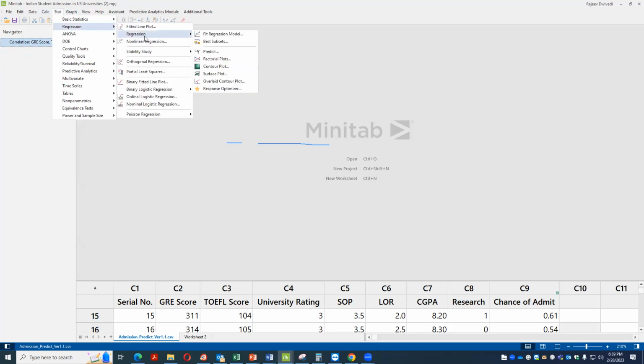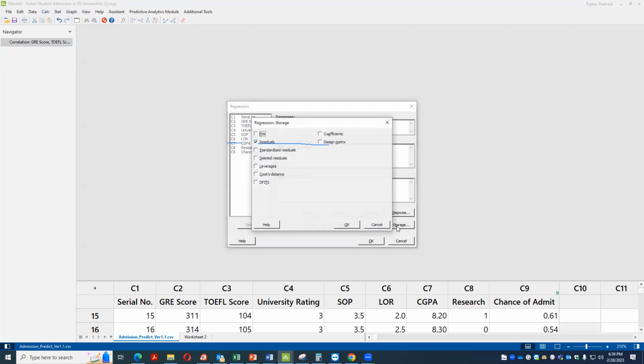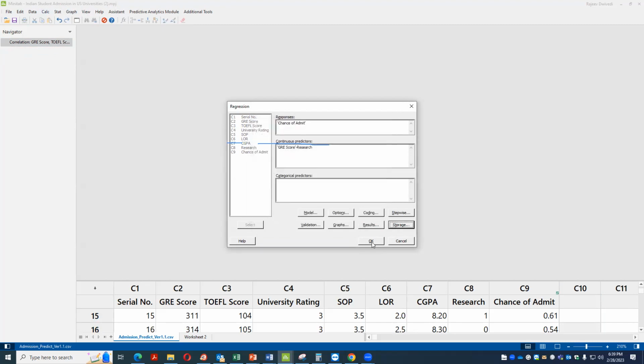Statistics, regression, fit regression model. And let me do, so chance of admission depends on GRE to research. Okay. And I think all the options are clicked. Okay, so